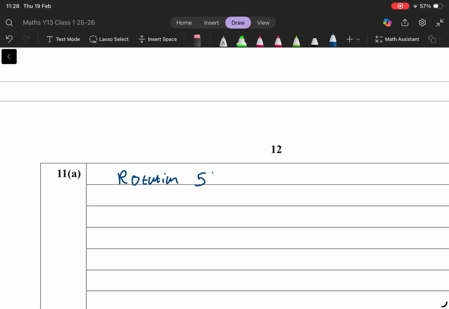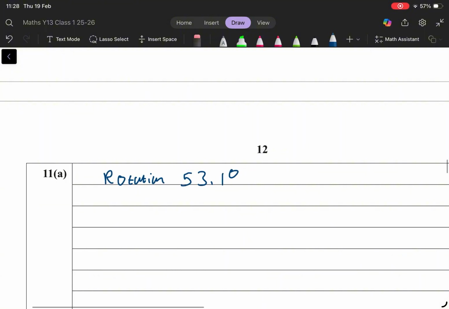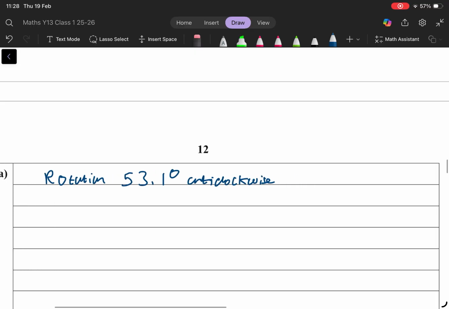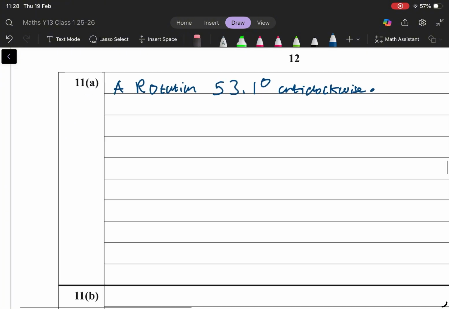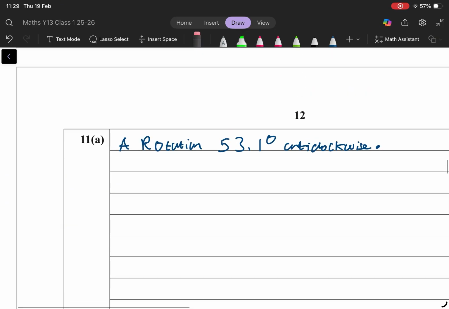Rotation 53.1 degrees anti-clockwise. Yeah, anti-clockwise. Okay. That's the first one. And the second one,